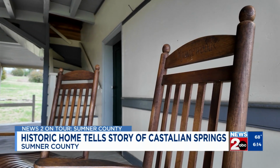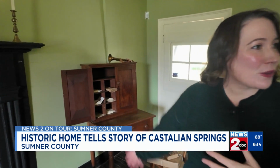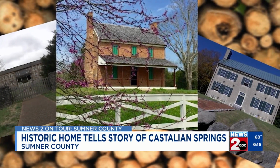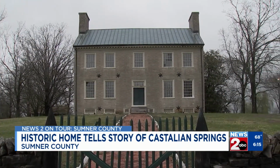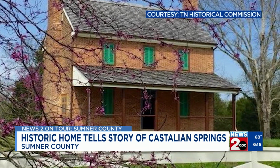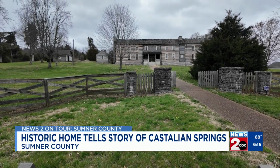It's a story Tanya Staggs knows very well as executive director of Historic Castalian Springs. And the post office was basically a little cabinet like this. Telling the story of Tennessee and Sumner County through 3 unique historic house museums: Cragfont, circa 1798, Hawthorne Hill, circa 1805, and Wynwood, 1830. A lot of our story here, we talk about Elmira, who is the kind of connection